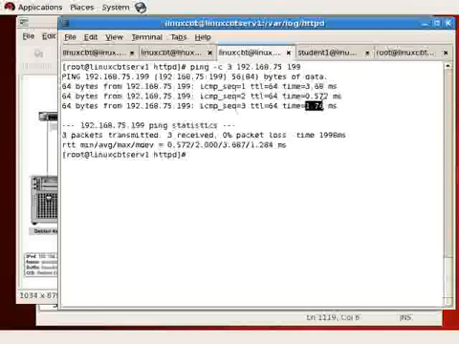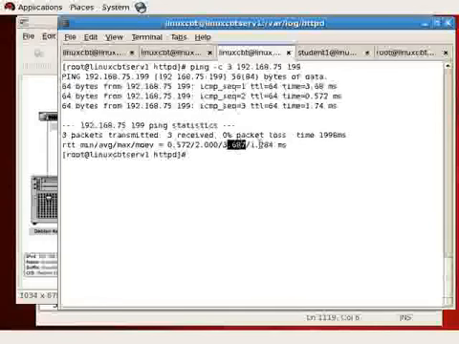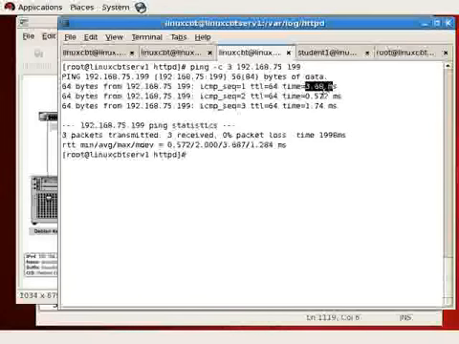The third, although faster than the first, was slower than the second, but still fast in the overall scheme of things. And then we get the fact that we lost no information, and it took just under 2 seconds to send 3 packets. Here's the round trip timing for the minimum, the average, as well as the maximum and the deviation. So we have a deviation of just over 1 full second. Makes perfect sense. It took us 3.68 milliseconds